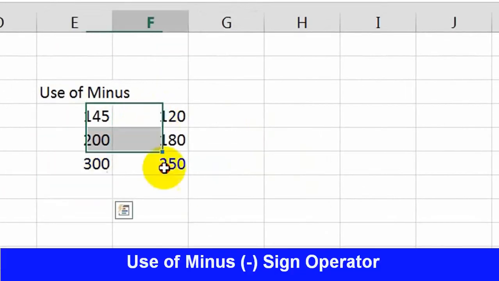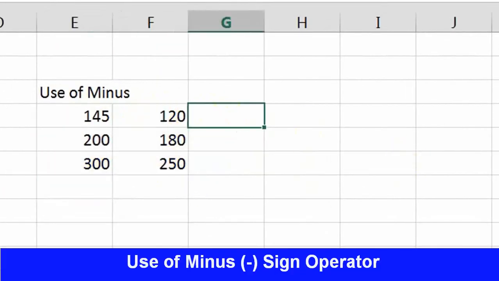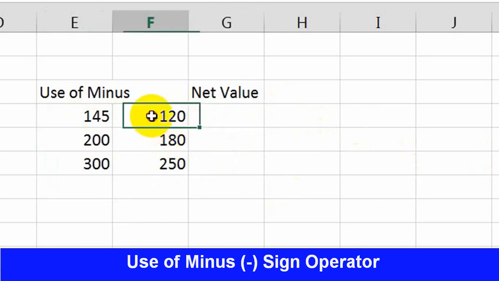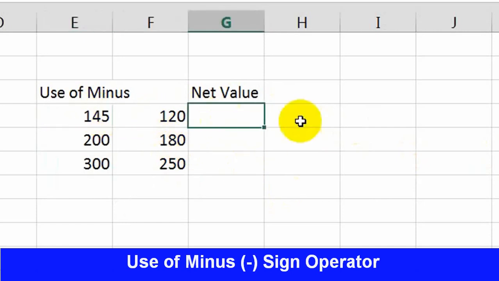Now these are the values. Now let's get the net value. I want to subtract this value from this value. So here equal to sign, I want to subtract 120 from 145.